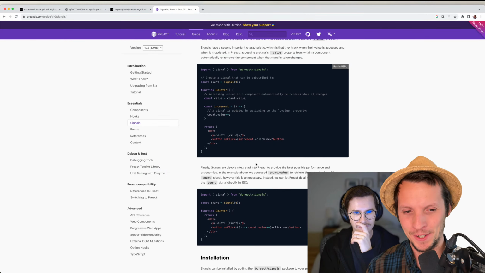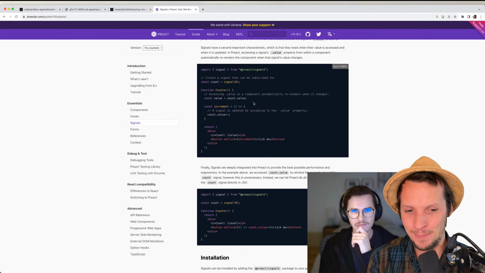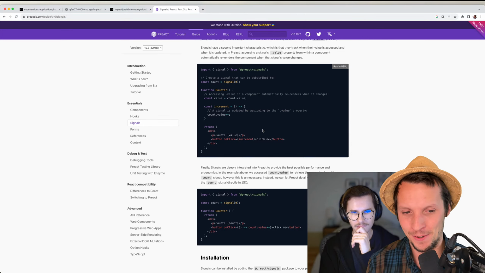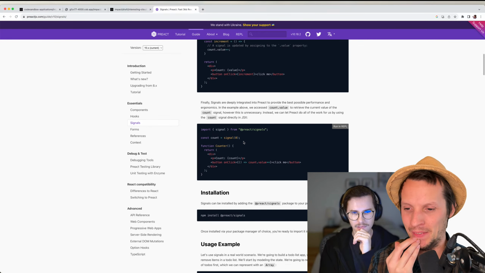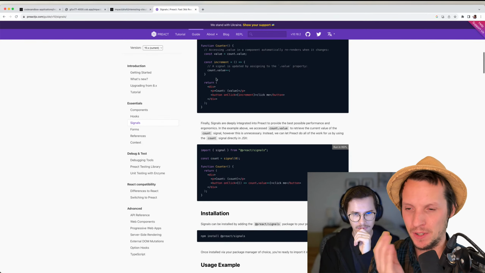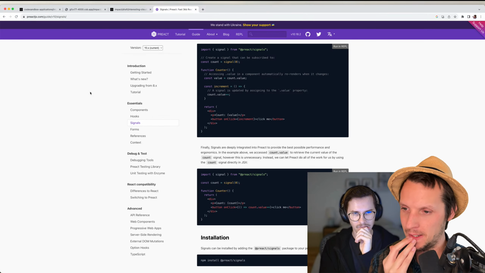Solid JS looks so much like React, but it's fundamentally different in that it doesn't have the reconciliation loop. Then you have React, which only has the reconciliation loop. And then you have Preact, which has both signals and a reconciliation loop. And it heavily affects what you can do and how you express things and how performant it is.